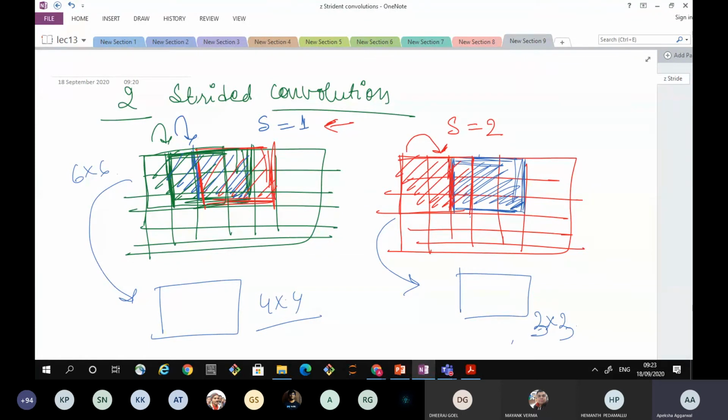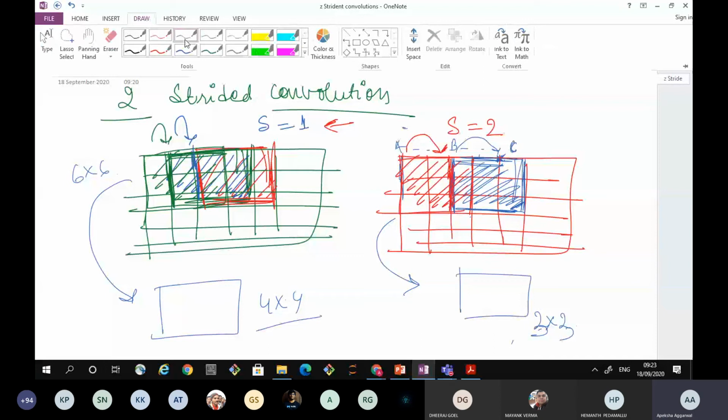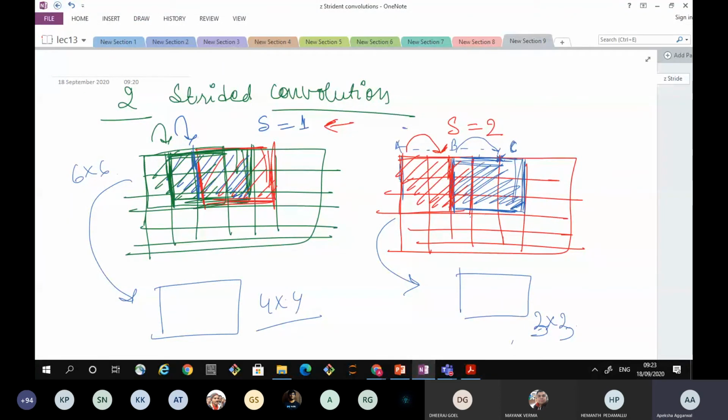Okay. So what I'm doing is moving my window from position A to position B, that is moving 2 positions to the right. Now my next position is moving from B to C. That is the C point, in green color. So it would be from here, green color, over this. So my next position of filtering is this one. This is called striding.